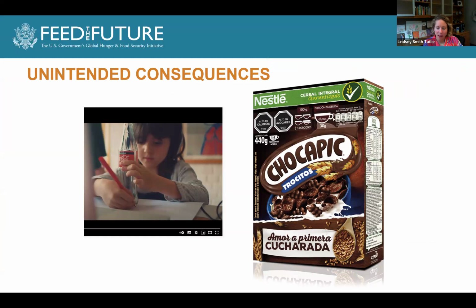So one thing that we saw when we captured the food marketing for products that had warning labels is that there was more marketing of products with non-sugar sweetener, right? So here on the left, you see a child holding a Coca-Cola without sugar. They're allowed to use children in their advertisement so long as it doesn't exceed those thresholds, and so that's what they did. They reformulated their products, and now they're still using kids in their advertising and still targeting these products to kids.